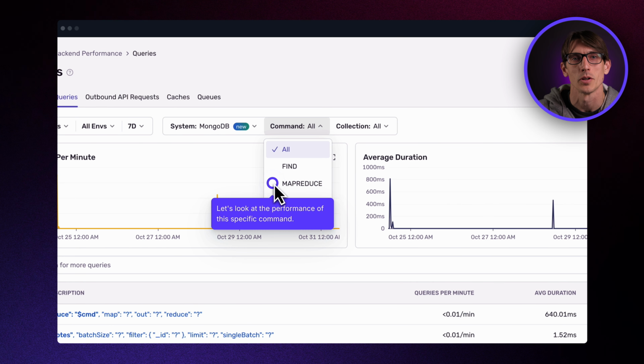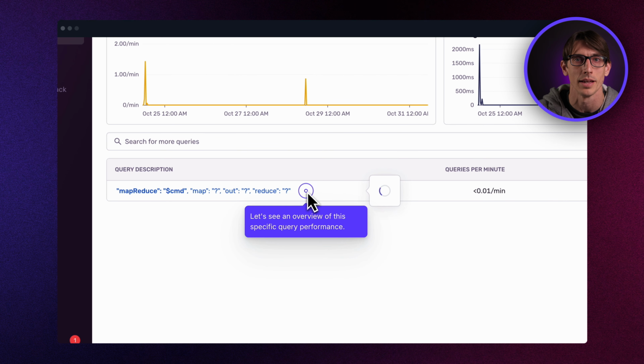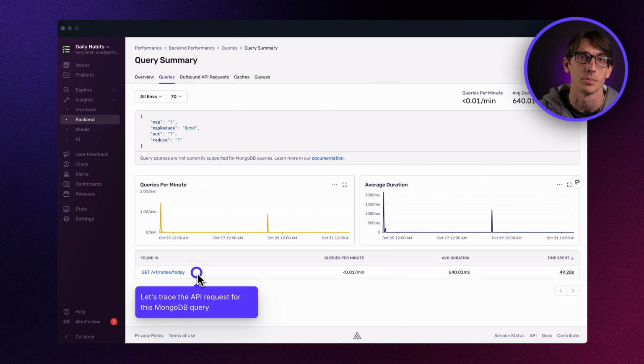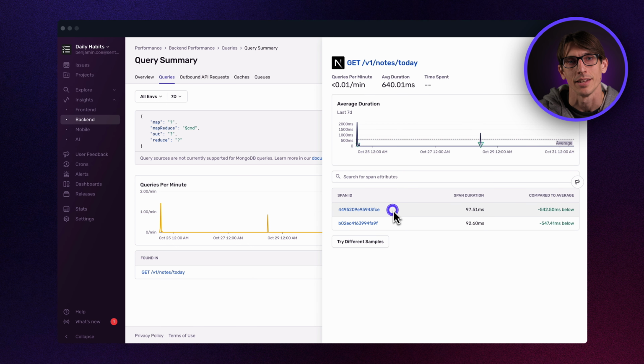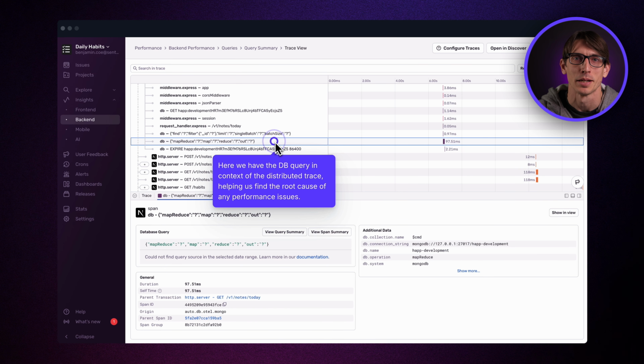As with SQL, we group together similar MongoDB queries, which you can use to drill down, find exemplar spans, and see where queries are used in your application. This information in hand, you can make decisions about where to optimize performance. MongoDB spans are already instrumented by many of Sentry's SDKs. You should go ahead and try it out.